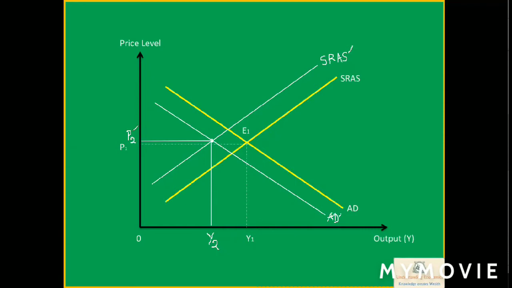So suppose we have taken the price level, we have labeled the price level as P2. So this is our new equilibrium point. Now in this case, what will be the change in the output? If you look at the change in output, there is a decline in the output level, that is certain. But if you look at the change in the price, there is a slight increase in the price.